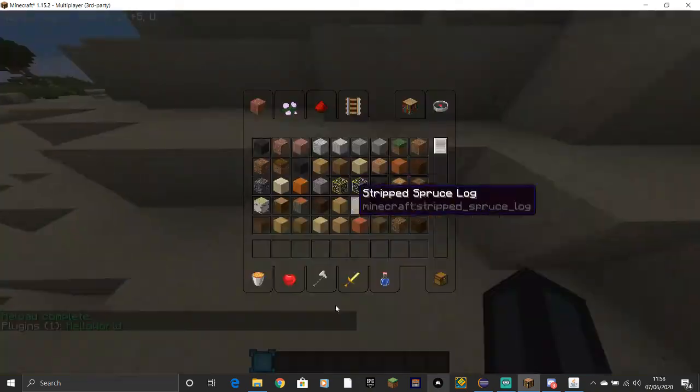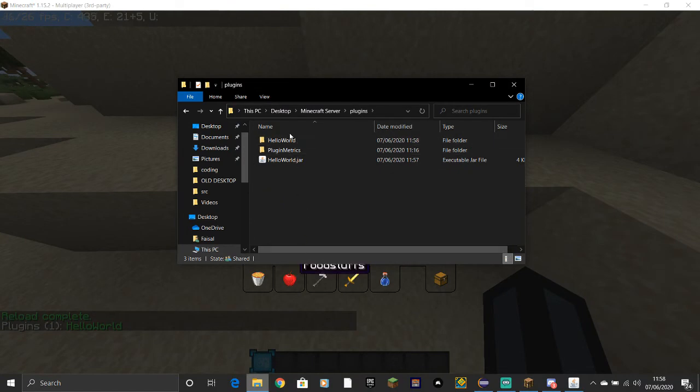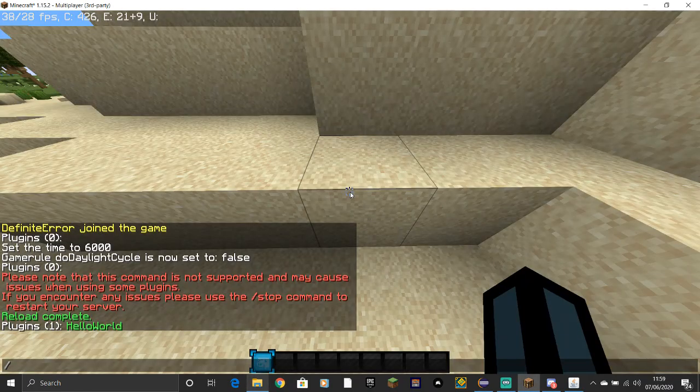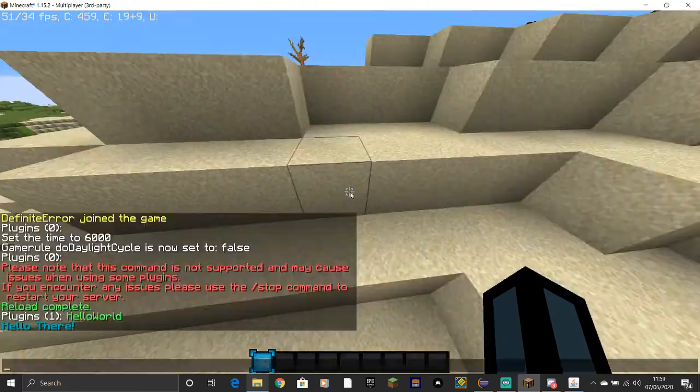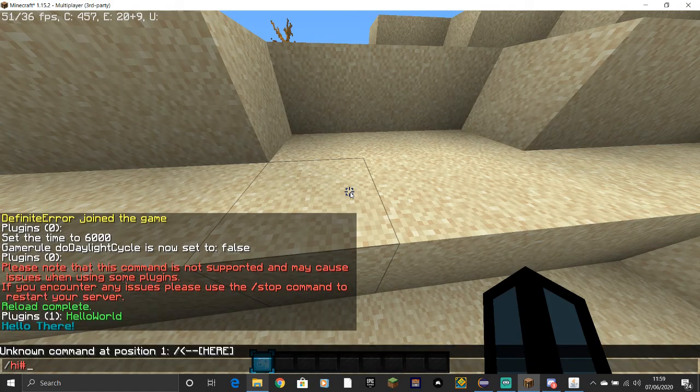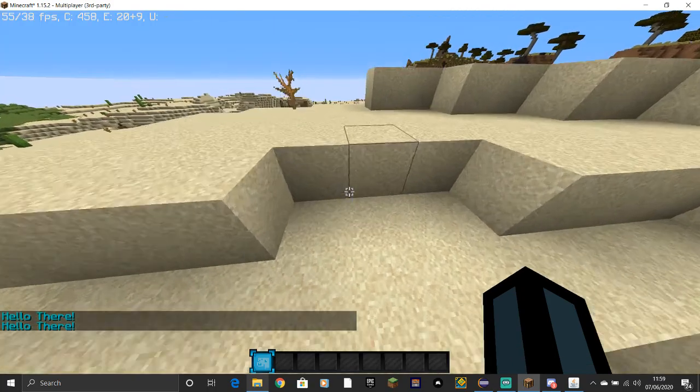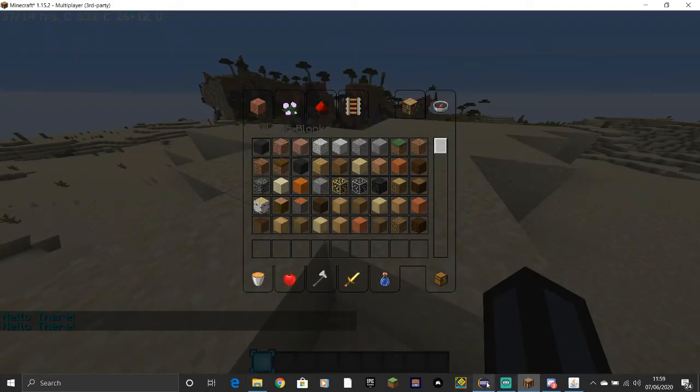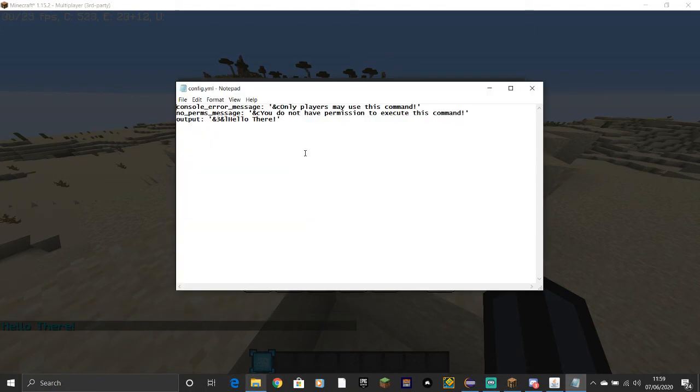HelloWorld, and it should have also created here a HelloWorld folder with the config inside it. So now if we do /hello, it says hello there. Also works if we do /hi. Hello there. So if we go back to the config, because we made it extremely customizable, we can do this